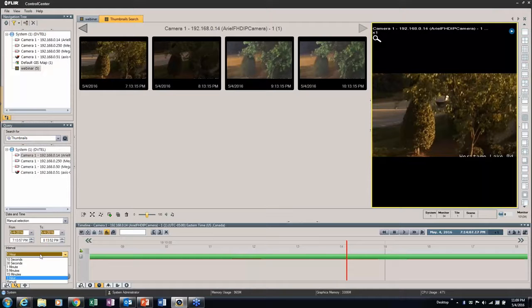And then what I want to do is use that interval thing to drill in deeper. So my entire period here is 1 hour. So if I want to see a bunch of thumbnails, maybe every 5 minutes would be good, because that should give me 12 thumbnails or thereabouts in that region. So if I now hit go,